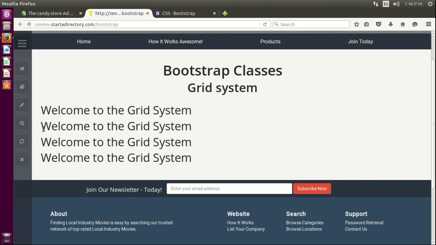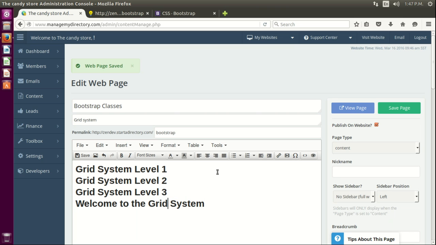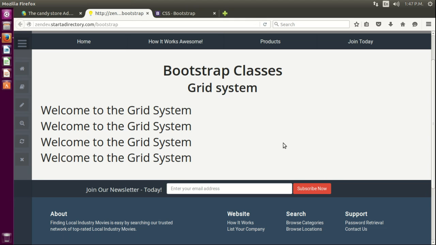But what happens if we wanted this guy and we're gonna name each one? Welcome to a grid system level 1. Or just let's put grid system level 1, 2, okay, 3, and 4. Okay, so we got these 4 little guys here. If we refresh the page,